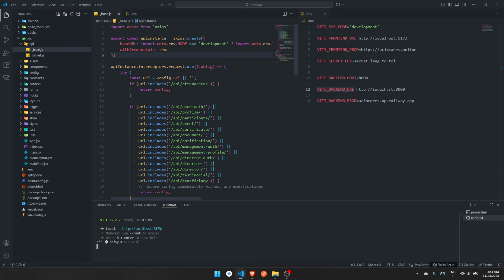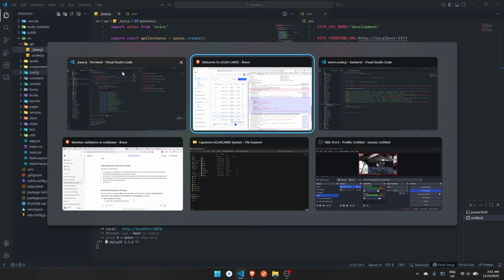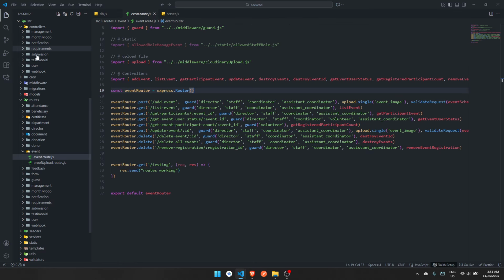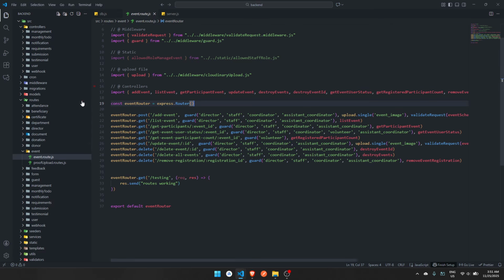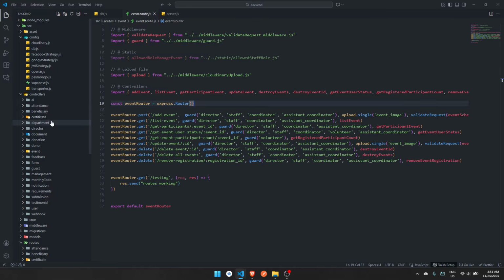For the structure, we have the modular structure as I said. In the back end we also have MVC, which is models, view, and controller. The controller controls the logic, and the view is for the templates. For the models, we define the schemas, because schemas represent the model in our database.